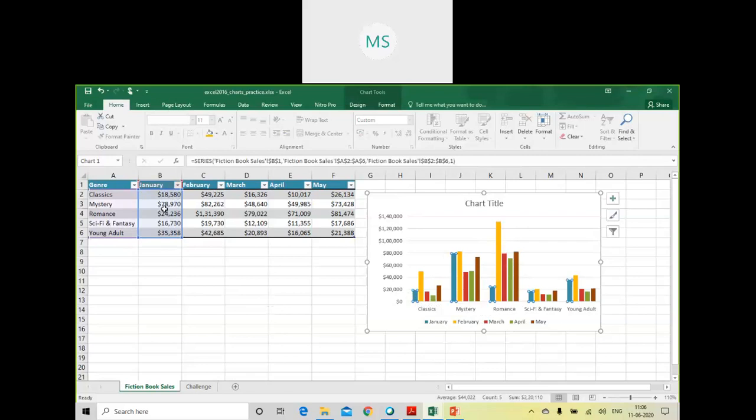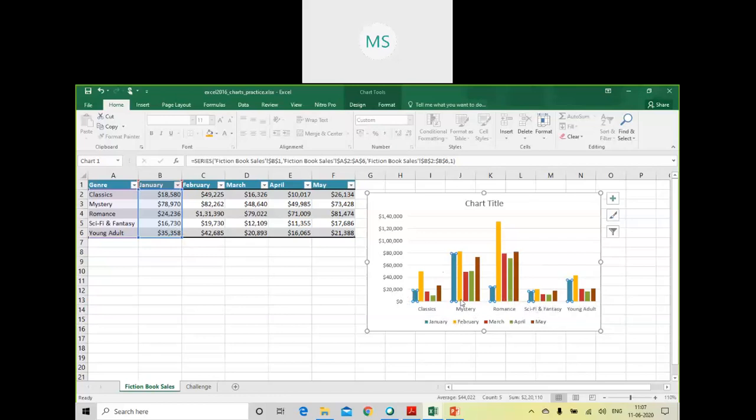And if you see the same thing for Mystery, it goes to near about $80,000. And the same thing when you see for sci-fi and fantasy, it goes to somewhere around 16, which is lesser than the Classic one, and that is why it is below the $20,000 range. So this is how the data has been represented.